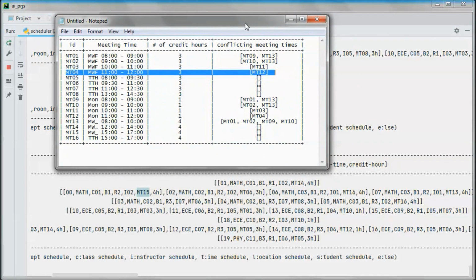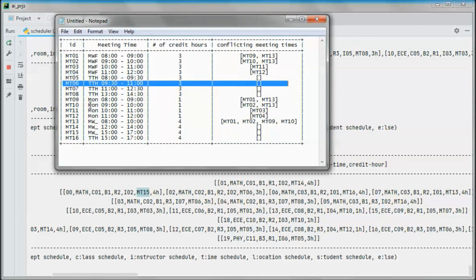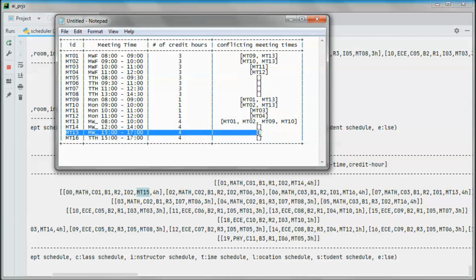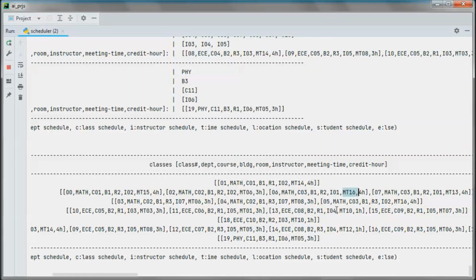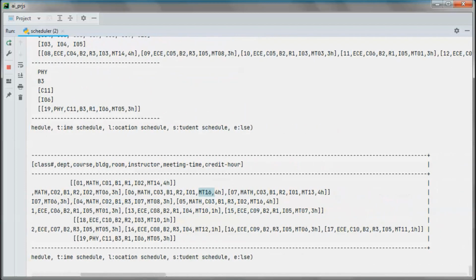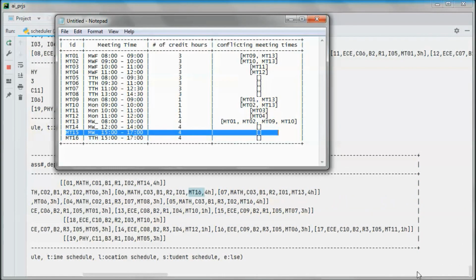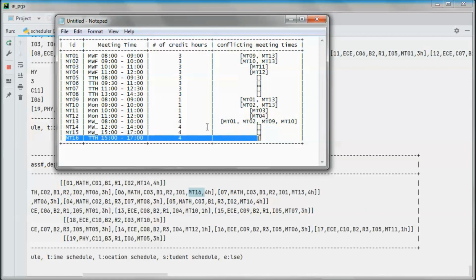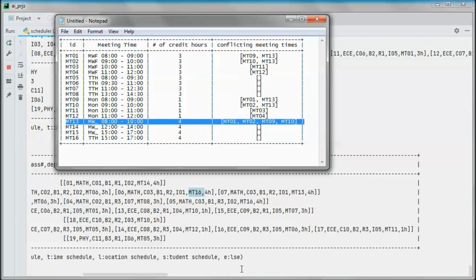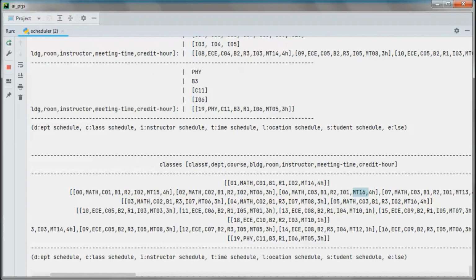They shouldn't. Meeting time 06 does not conflict with anything. Meeting time 15 does not conflict with anything. And same thing, meeting time 16 and 13. 13 conflicts with all of those, but none of the other meeting times is one of those.